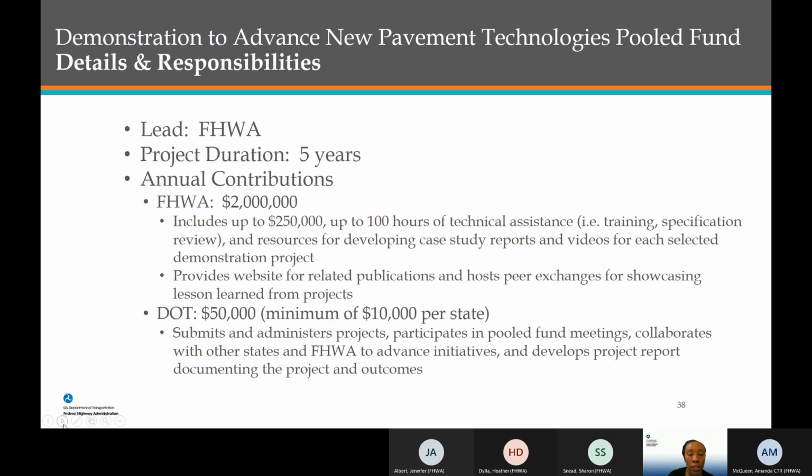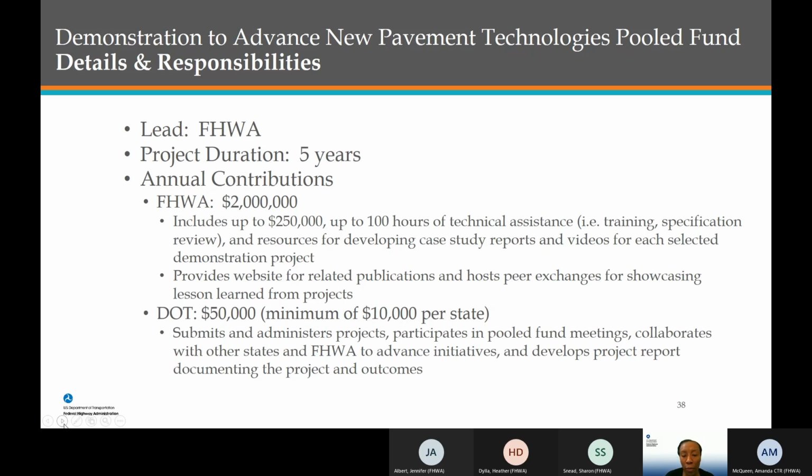So, a little detail about what we expect to happen as a part of this pool fund. Federal Highway will be the lead. We anticipate that it'll be a 5-year pool fund. But probably the most important part is these contributions and expectations.